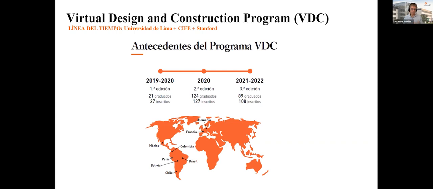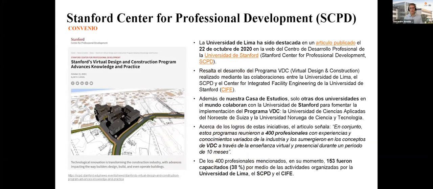Podrían ser proyectos de infraestructura, como carreteras, podrían ser proyectos de edificaciones, podrían ser proyectos industriales también. Hemos visto varios tipos de proyectos en los diferentes sectores de nuestra industria, incluyendo minería también. Aquí les comparto una pequeña nota, un artículo de opinión de Stanford Center for Professional Development, ese es de 2020,